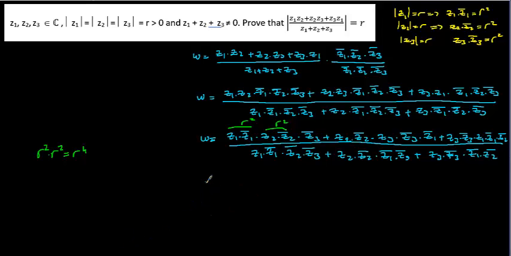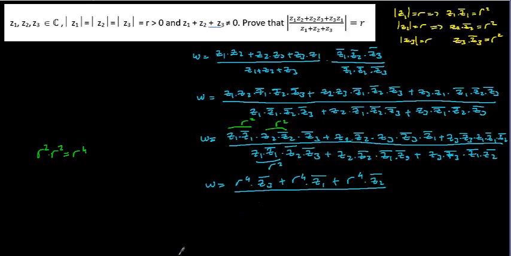W is equal to R to the power of 4 times Z3 conjugate plus R to the power of 4 times Z1 conjugate plus R to the power of 4 times Z2 conjugate, all over. Here these are normally R squared. These are R squared, and I'm going to leave these like this. Then it's going to be like